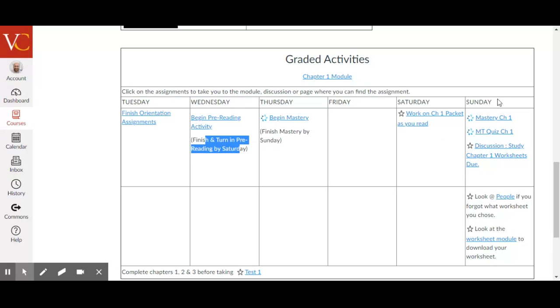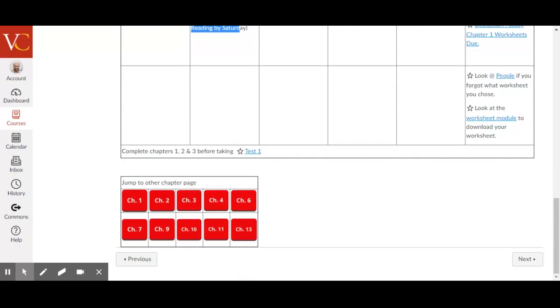And then for chapter 1, if you chose one of the chapter 1 worksheets, well, then you're going to turn in your worksheet on Sunday. And if you click on that, it's going to take you to the discussion page to turn that in. Now, if you didn't choose chapter 1 worksheets, that's fine. That means that next week, if we come down here and click on 2,